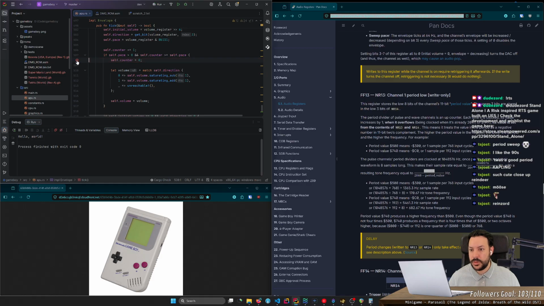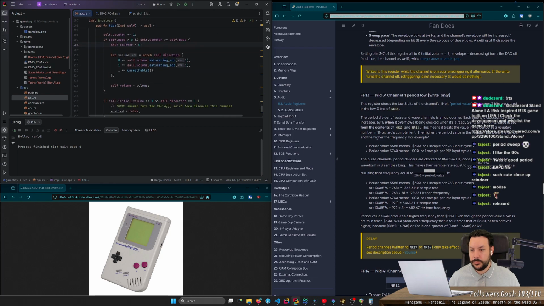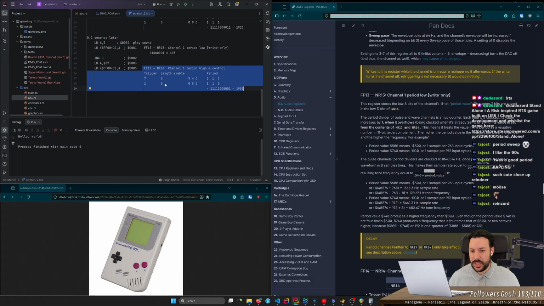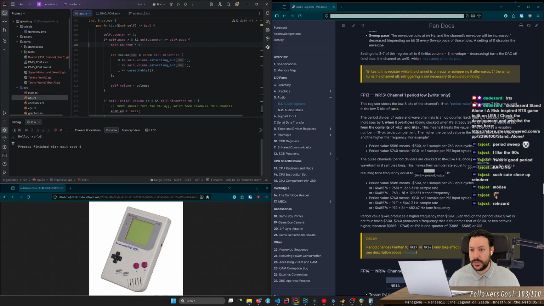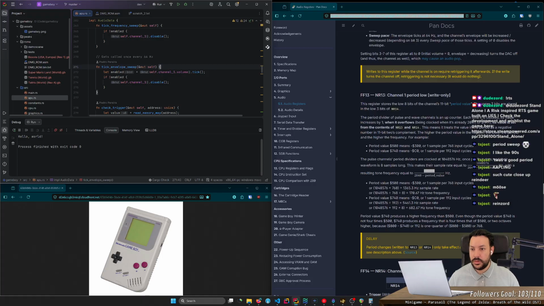I mean, not that this is doing much, because this is only modifying the volume that I'm not using for anything. But yeah. So if self.channel1.enabled, if it's enabled, we do this.